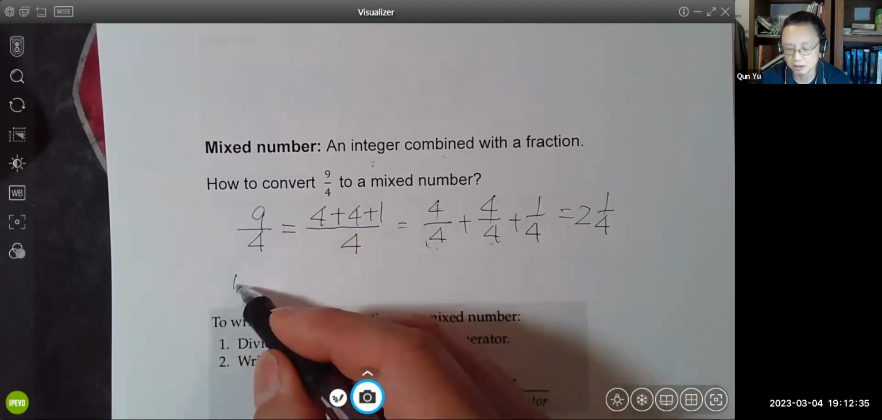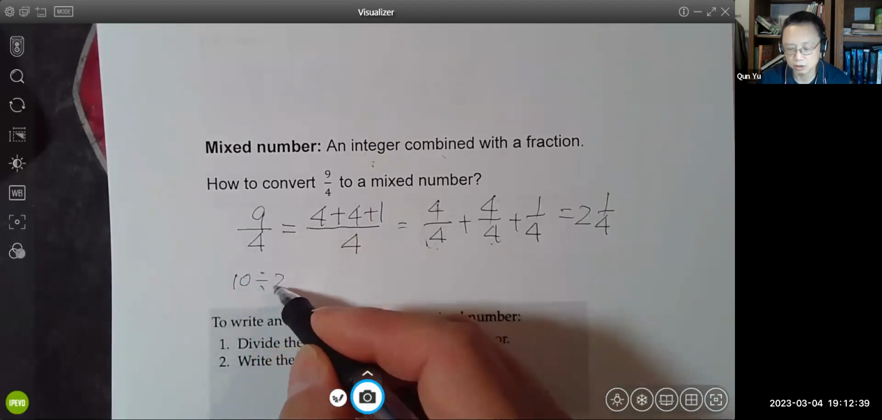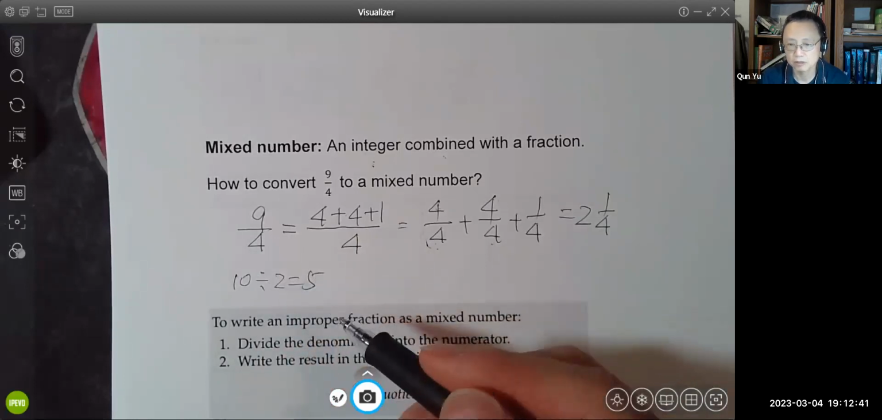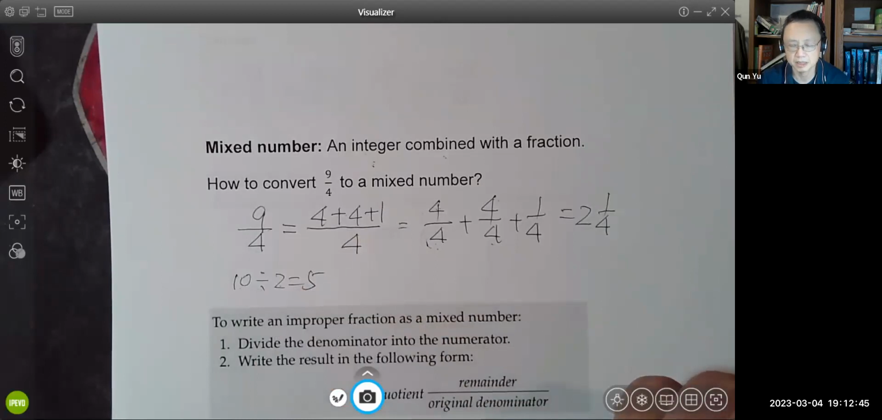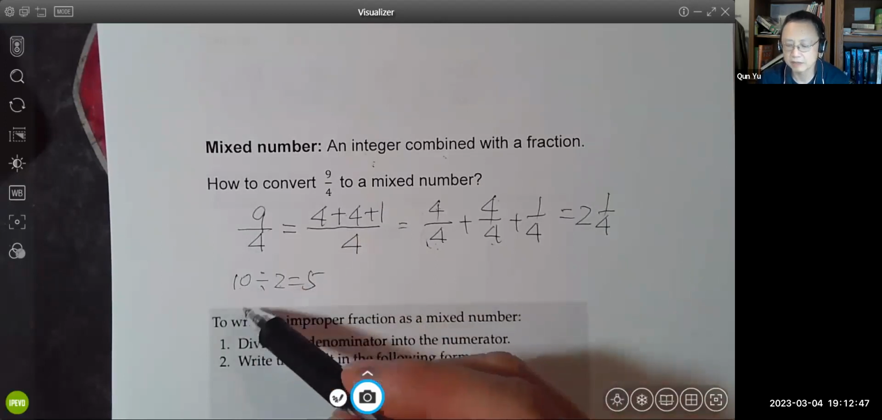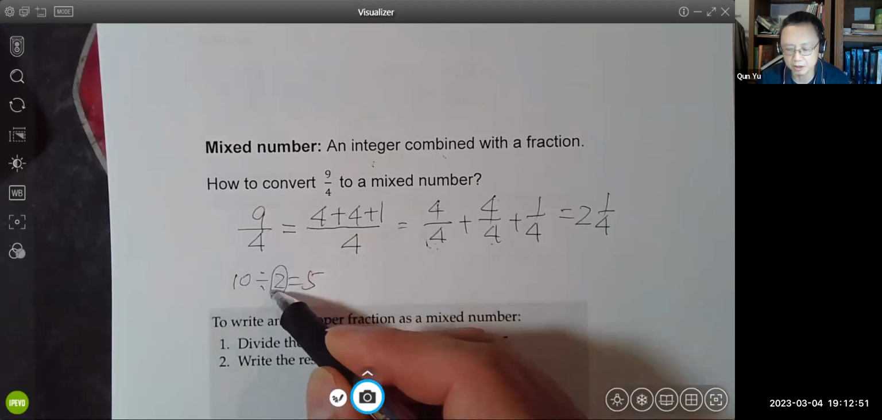Does it make sense to you? 10 divided by 2 is equal to 5. What does this mean? This means there are 5 2s in 10. That's the meaning of it. So whenever we do a division, we want to know how many of the second number are in the first